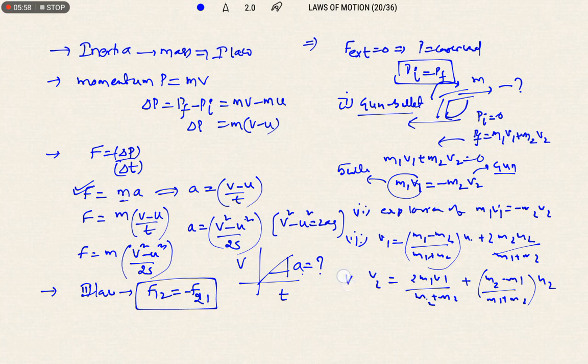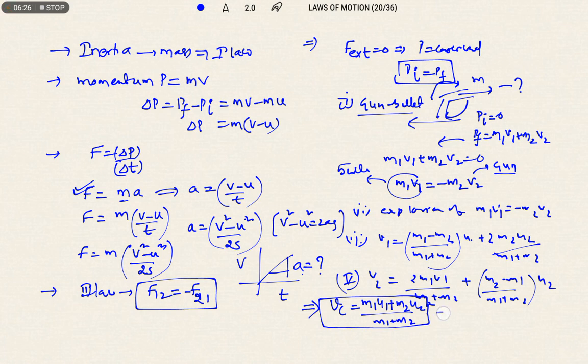Okay, so these are some formulas we have covered. In the same way, we also discussed collisions, the perfectly inelastic collision. What is a perfectly inelastic collision? After collision, both the bodies stick together and move with a common velocity. The common velocity formula is (m1 u1 plus m2 u2) by (m1 plus m2). This is when both the objects are moving in the same direction, participate in collision and stick together.